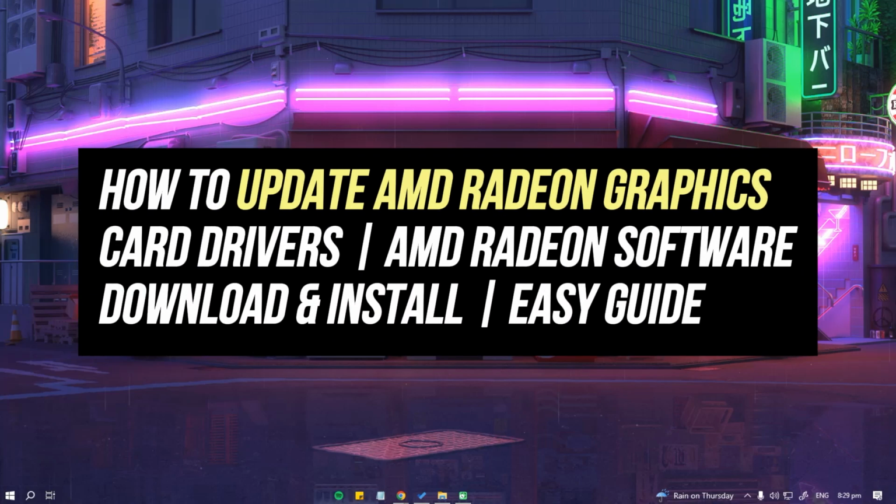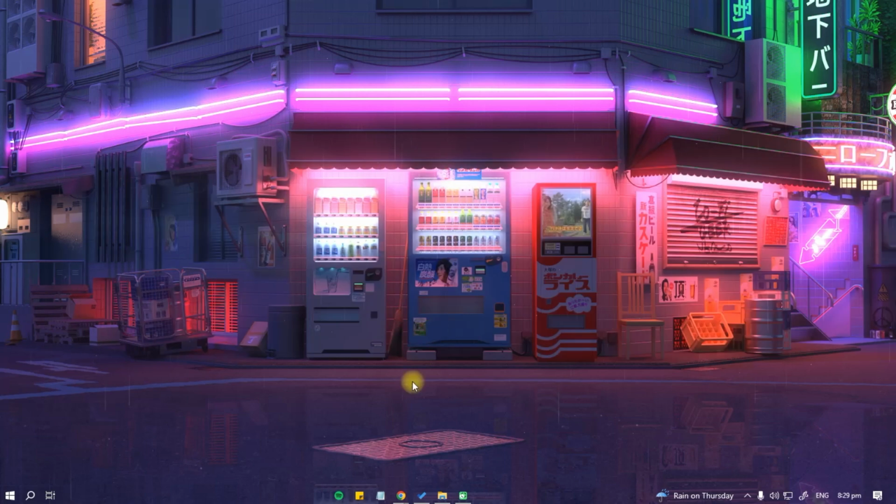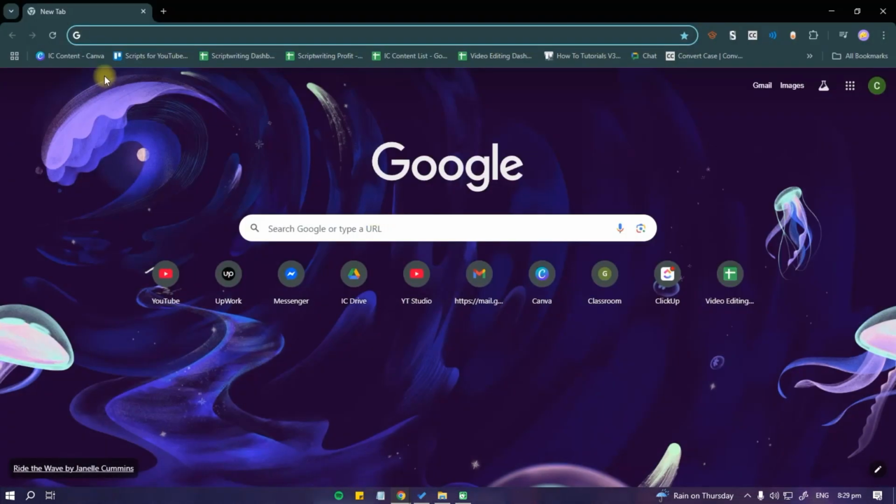Hey guys, today I'm going to show you how to update AMD Radeon graphics card drivers, AMD Radeon software download and install. First, we're going to open up our browser right here, and we should go to the site that says